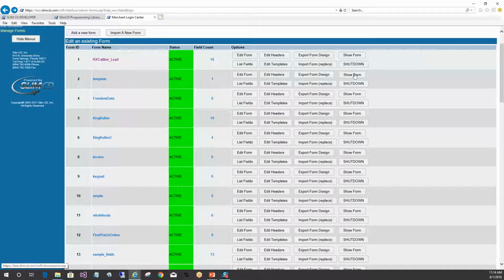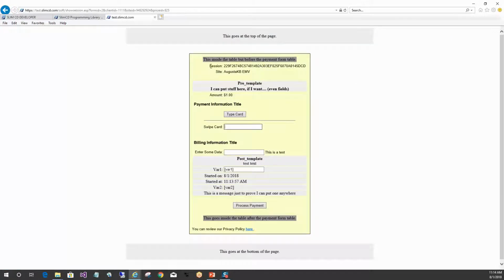Let's look at the template form. The template form here has information at the top and the bottom. These are headers and footers, and in the post template, I've created a whole bunch of information that I just put on the text. Now here you'll see this says var1. That's a mail merge field. Had I added